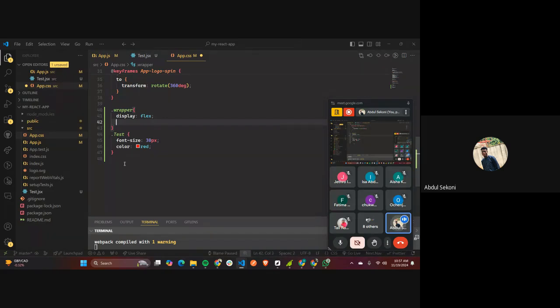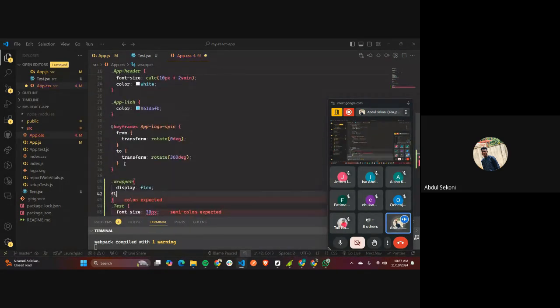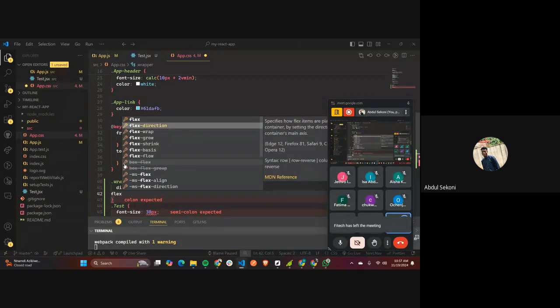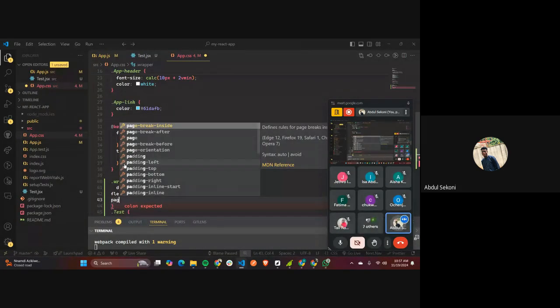If you flex, it is side by side. If you say flex direction, flex direction, yeah, we say column. And let's just give it a gap of,